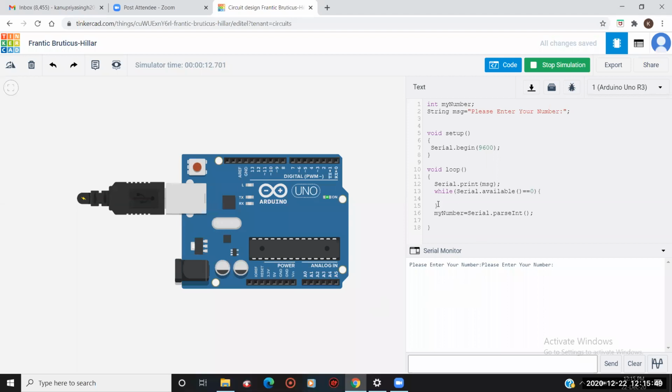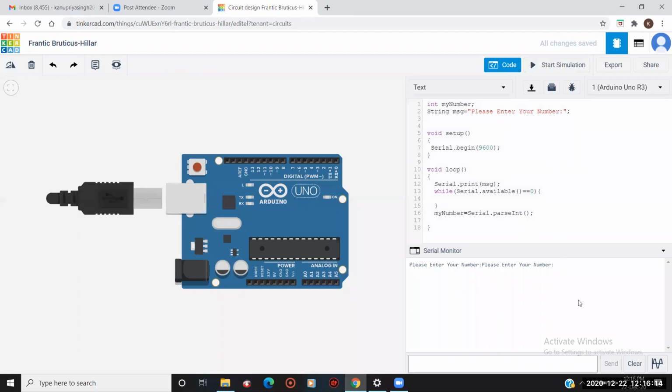Because we haven't printed our number. This variable is containing that number. It is stored in it. The serial monitor is saying that, okay, I'm storing the number in this variable, but you are not giving me a command to print it. So how can I print it? I will not print. So it is not printing my number. Okay. So for that, what should I do? I have to give the commands.